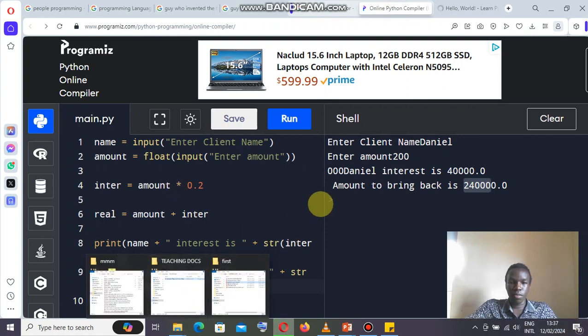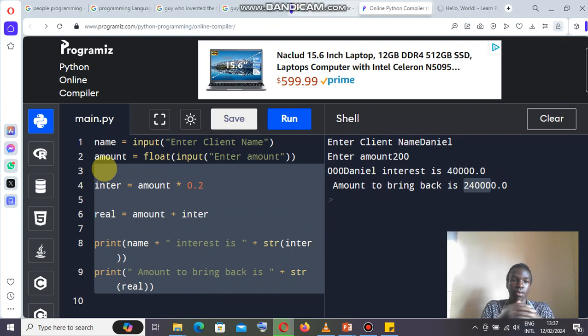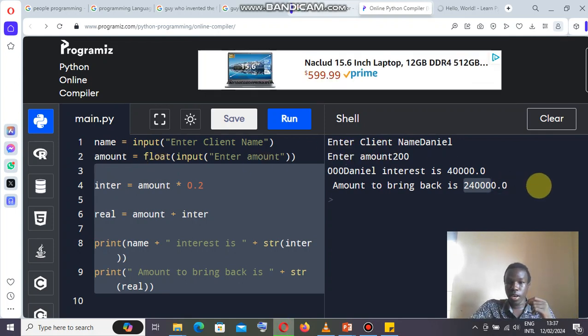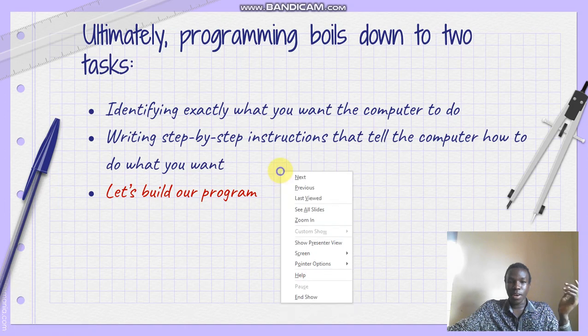But with our simple program, we've solved a challenge that a lot of microfinances face. And later, I want us to make this program run continuously. Right now you carry it out only for one client and then the program stops. But I want us to carry it out for all clients. So let us come back here. We have finished building our program, so let us recap.